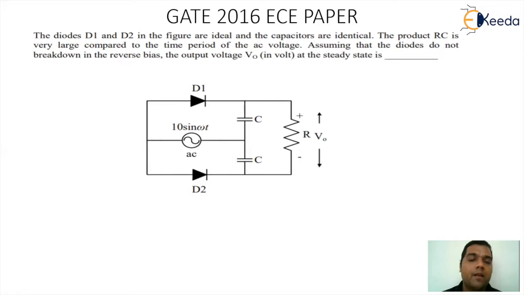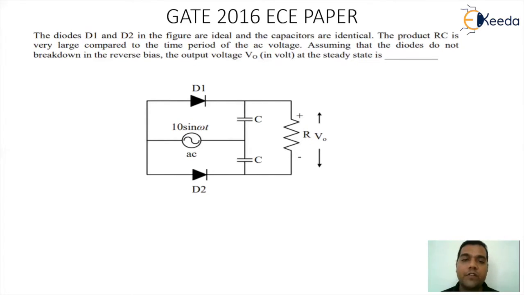Now, when we observe the behavior of the circuitry, you can see the AC source is connected to the two diodes. The anodes are basically connected directly to the AC source and both the anodes are shorted. So the AC source will have two cycles, a positive cycle and a negative cycle. We have to discuss the operation in both cycles. What will happen in the positive cycle and what will be happening in the negative cycle. The resultant impact will be the VO value.